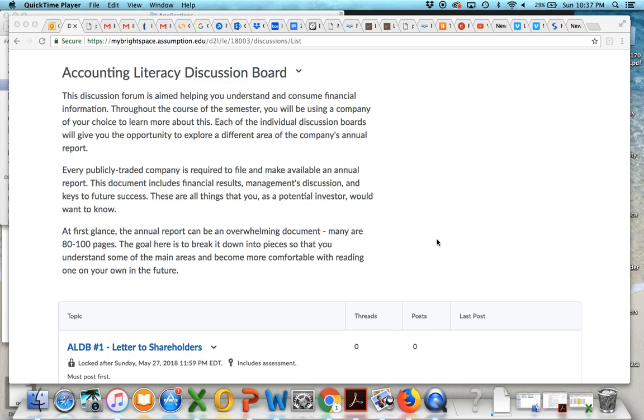Each week we're going to tackle a piece of it, just to break it down, because it can be very cumbersome to look at, and nobody sits down and reads it like the great American novel. They can be 100 pages long, so it's important to understand what the pieces are, and where you can jump to get some quick answers. So we're going to be looking at the annual report, and in this first week, just as a primer, we're going to take a look at the letter to the shareholders that accompanies each one.